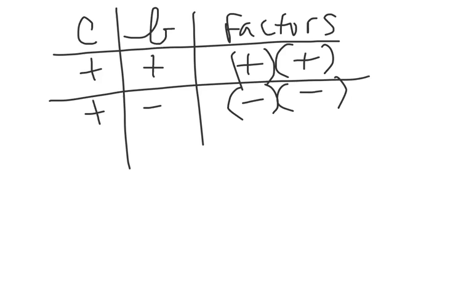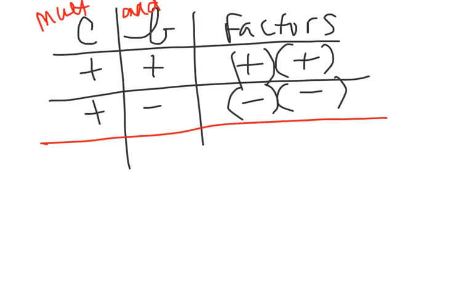And when you add them together, what do you get? You get a negative. Remember, this is the part for the multiplication, the product, and this is the part right here for the sum, the addition. They multiply to give you C and add to give you B. And then, guys,